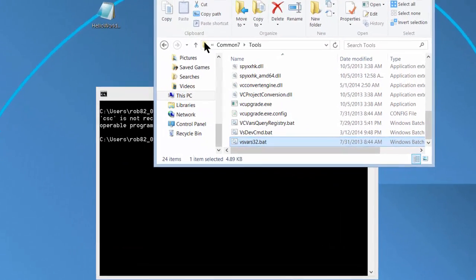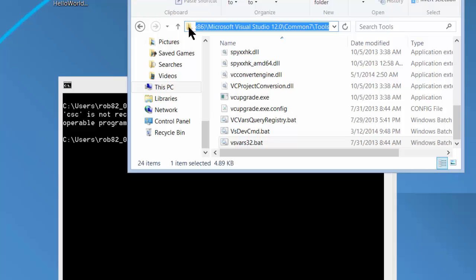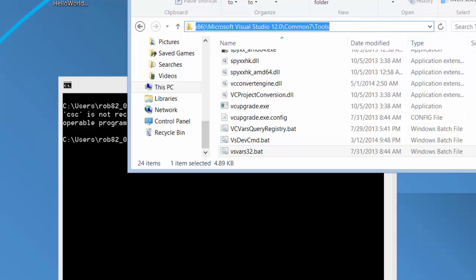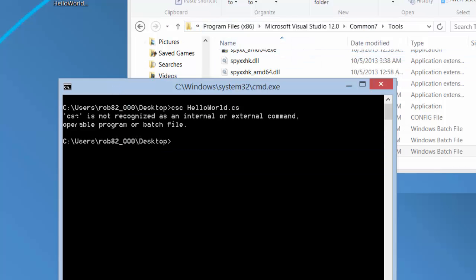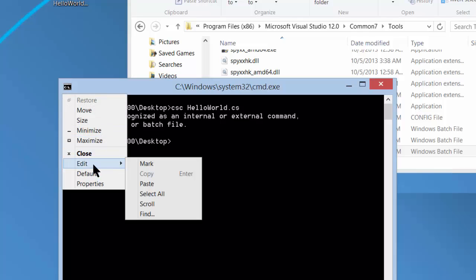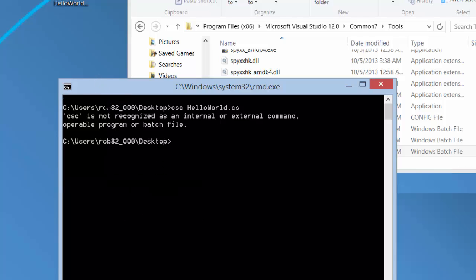So I'm going to click on the little folder here, and I can get the path displayed. I'm going to copy that, come to my command line, and in order to execute that